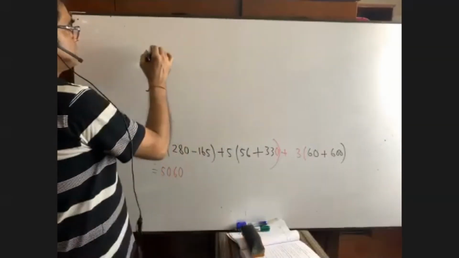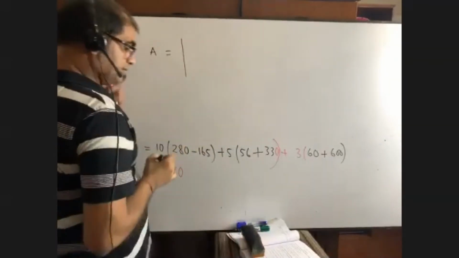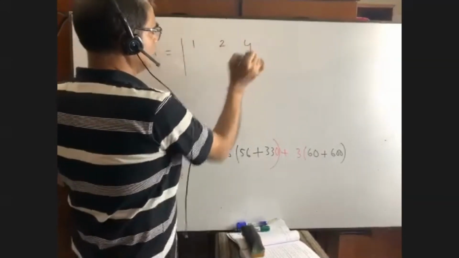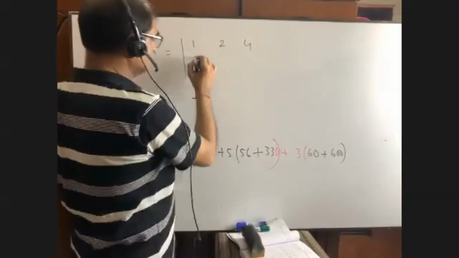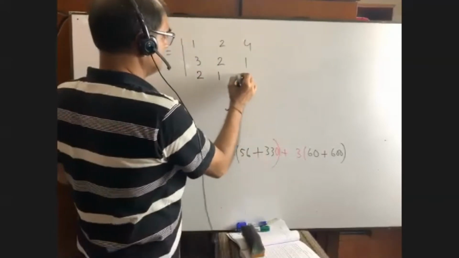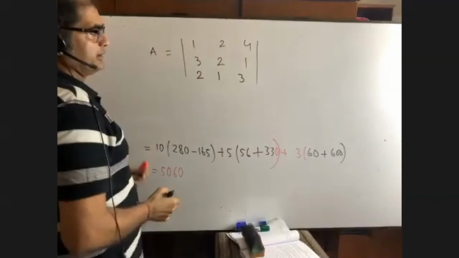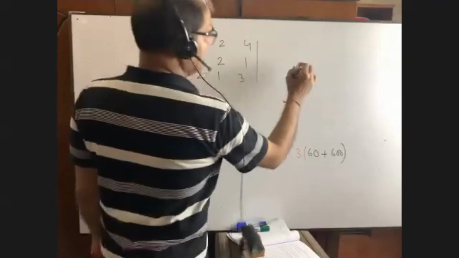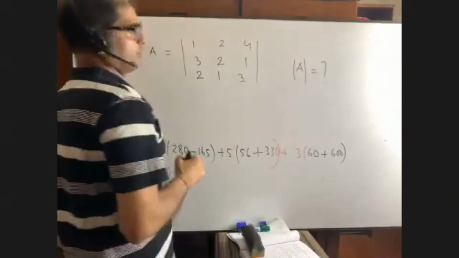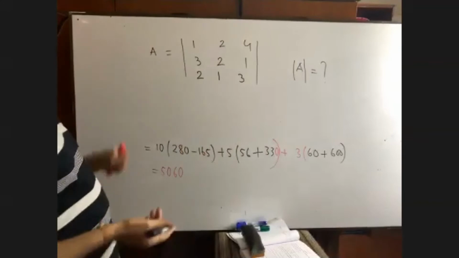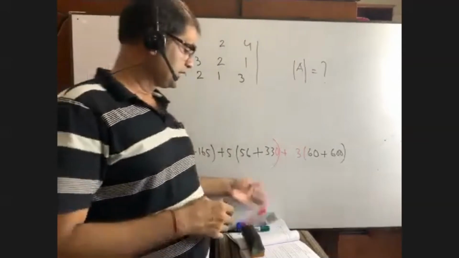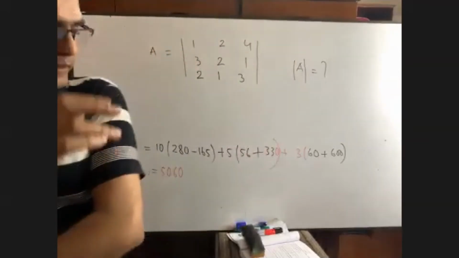Okay, A is equal to, given, suppose 1 to 4, 1 to 4, 3 to 1, and it is 213. What is the value of A? Actually, you will be asked in the exam, what is the value of A? This type. Or what is the value of the determinant? Please find it. Your time starts now. I want to see who can do it at first.